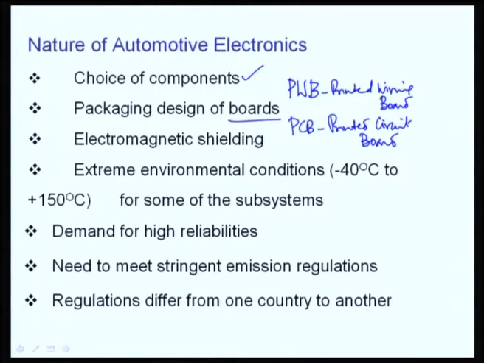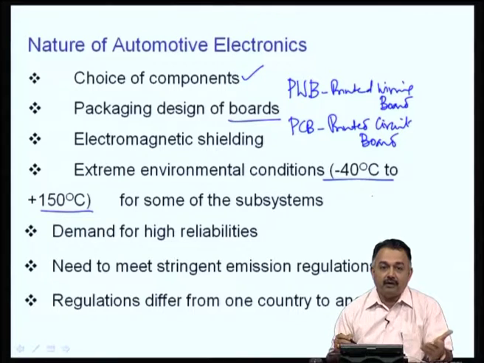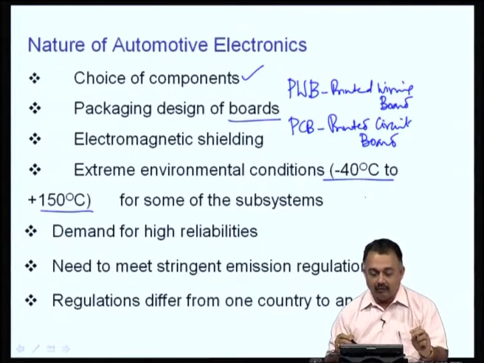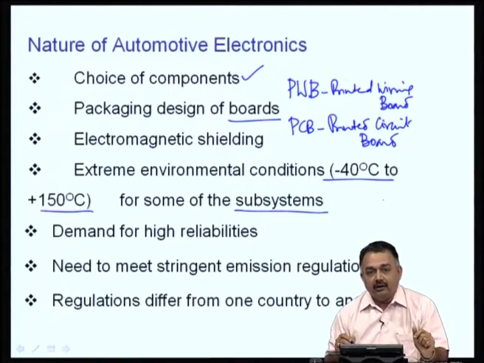Then the environmental conditions, as I have emphasized time and again, there can be conditions where it can go up to 150 degrees centigrade, and typically for such systems you will do reliability testing from -40 to +125 or +150 for the components for the board that is built for automobile electronics. Therefore, before it is sent to the industry and made in large volumes, they will undergo a lot of thermal cycling to classify the board as a reliable one. Okay. So, there may be several subsystems of this type in the automobile product.